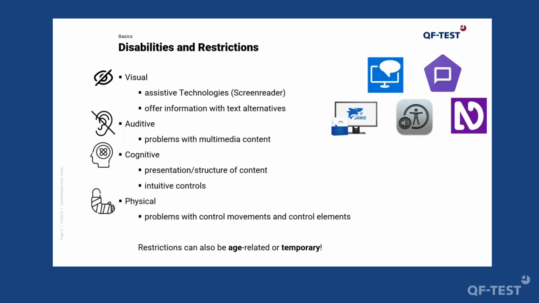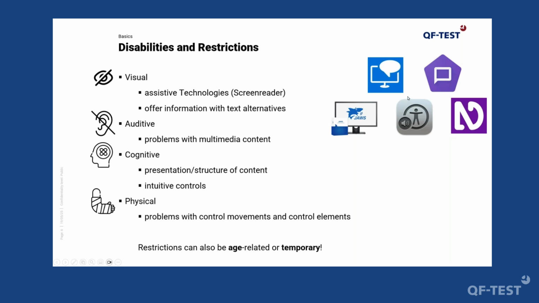There are multiple possible disabilities and restrictions that can affect your ability to interact with the web. I think the one we put the most focus on is visual disabilities. These include color blindness, bad sight, but also blindness. And I think the main tool people with visual disabilities can use to still interact with the internet are screen readers. You might have heard of them. I've put the icons of some in here. They are also